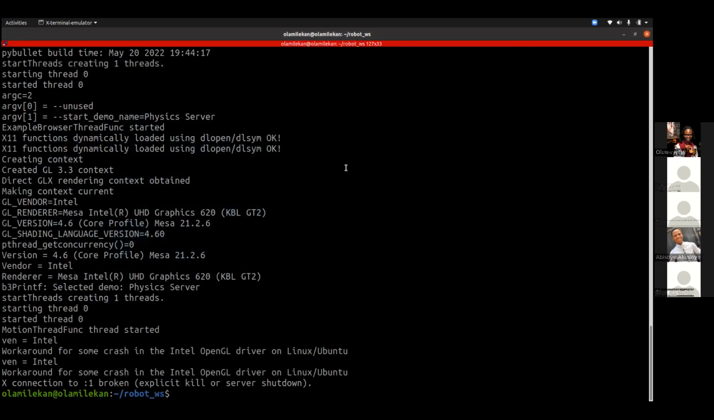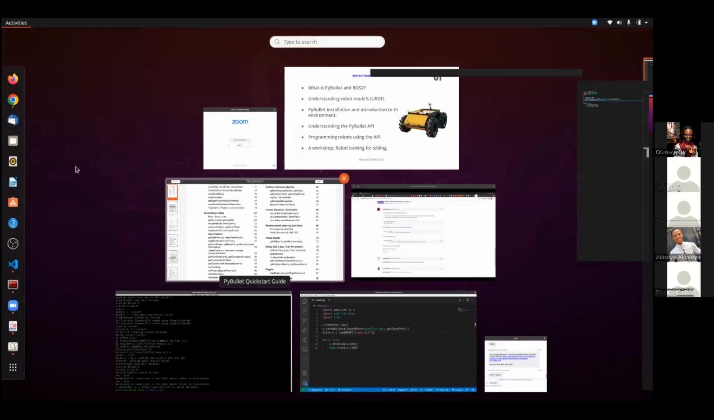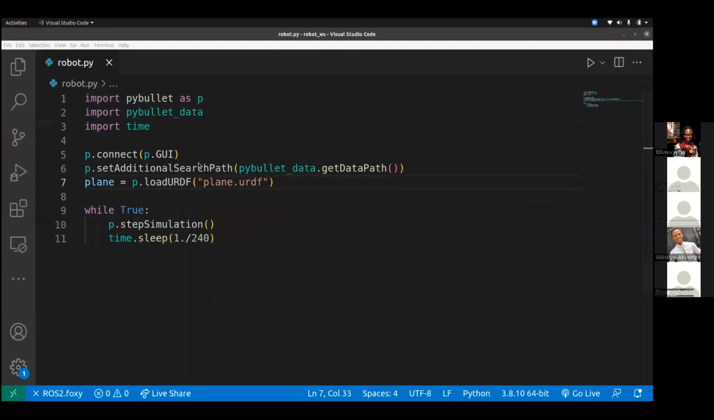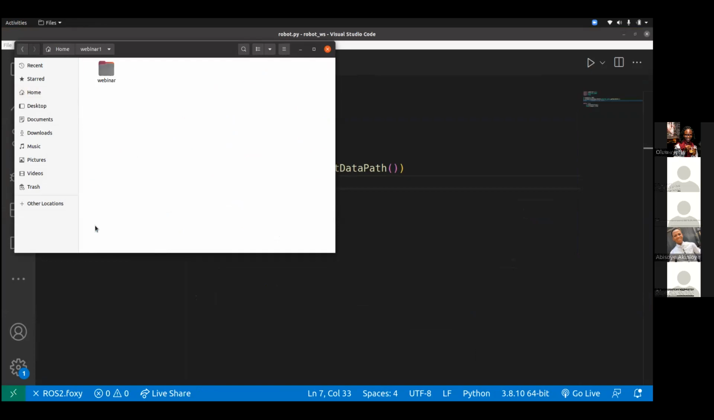So now let us go back to the URDF thing. We really need to explain URDF. So to go back to the URDF, I'm just going to open the folder where you cloned or copied the GitHub link I sent to you, where you put the files. Mine was webinar 1, I think. And then inside webinar 1, I have these two folders. Okay, so I'm going to copy both of them